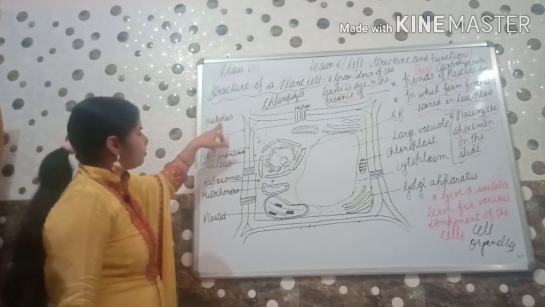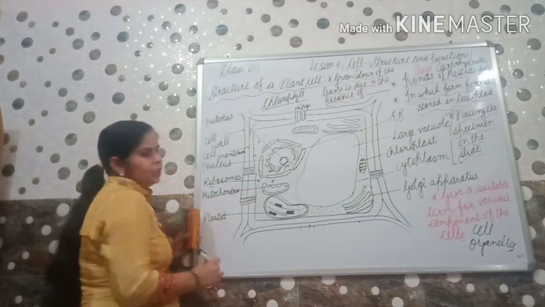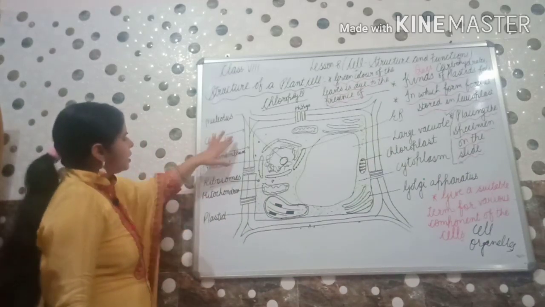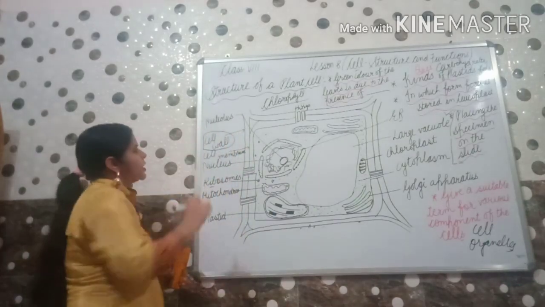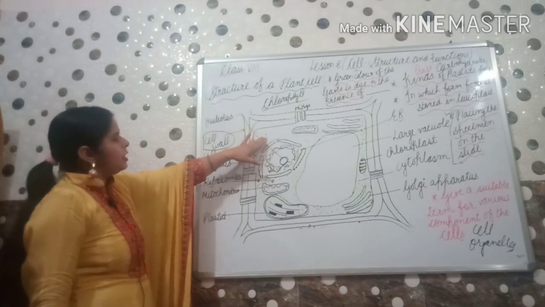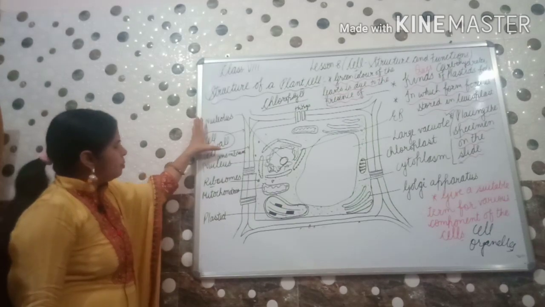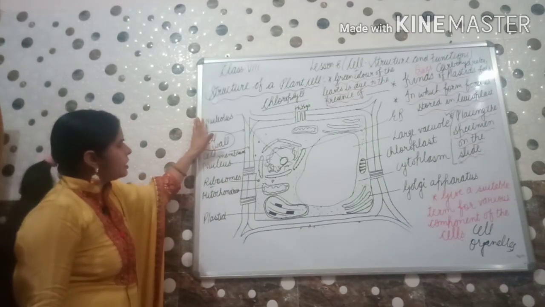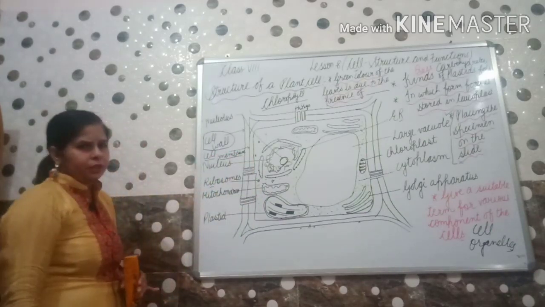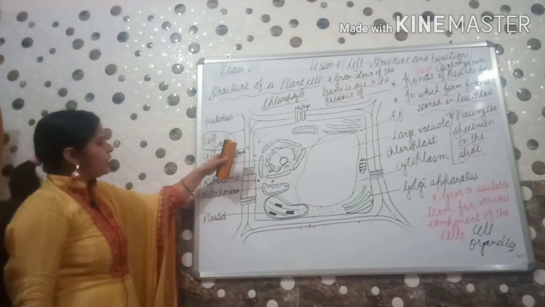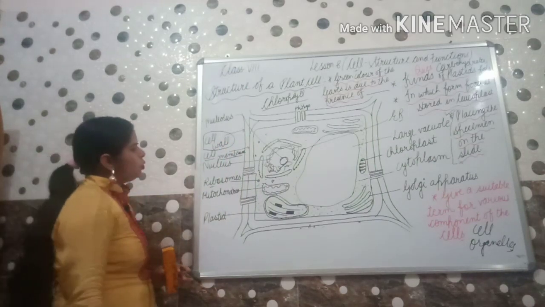First is nucleolus, that is the dense spherical body present inside the nucleus. Then cell wall. Why is there a cell wall? Cell wall should be there because it protects the inner contents of the cell from any kind of injury. Cell membrane is present inside the cell wall. Cell membrane, or you can say plasma membrane. Function? To protect the contents of the cell, which is present inside the cell wall.